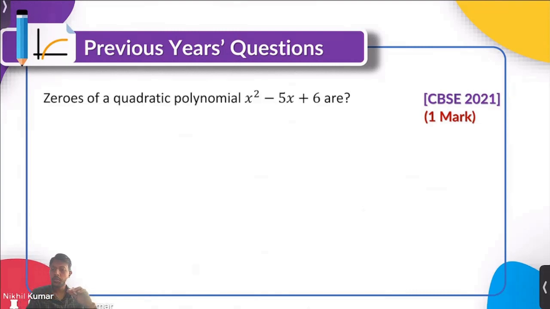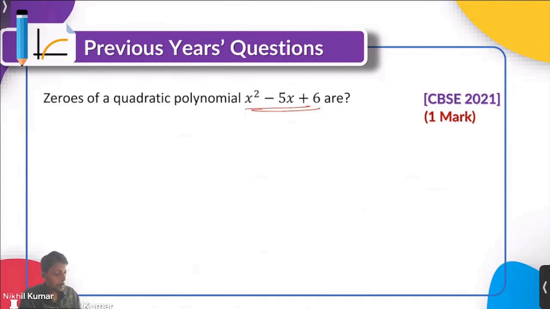So this is type 2 of the question. The first type of question that we saw was that if one of the zeros was explicitly given to you and they would ask you to find some unknowns. We solved 3 questions on that. And this is a different type of question where they give you a polynomial and ask you directly to find out the zeros. Now there are many different ways in which you can find that. So there is a hit and trial method, then there are direct formulae, then there is splitting the middle term. This one is a very simple